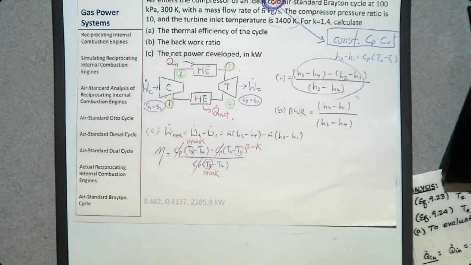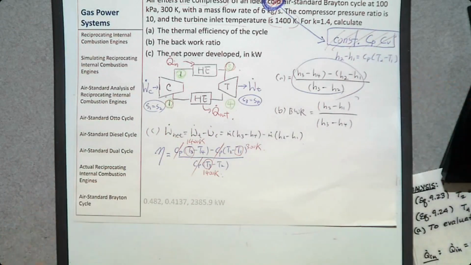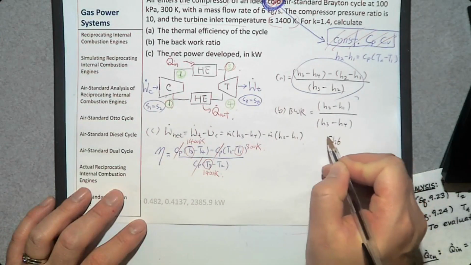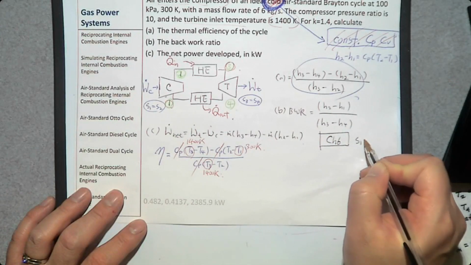When you have an isentropic process and you can assume constant specific heat, there is one equation you can use between temperature and pressure that you studied from where? Chapter 6. So in Chapter 6, for an isentropic process,